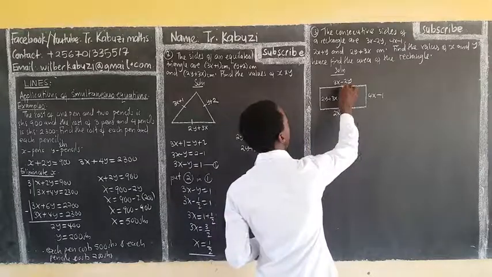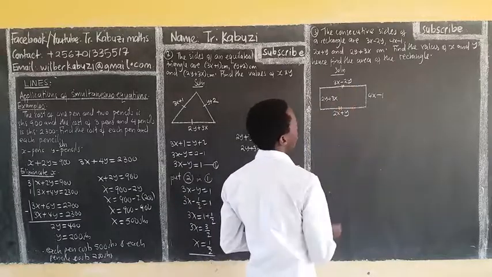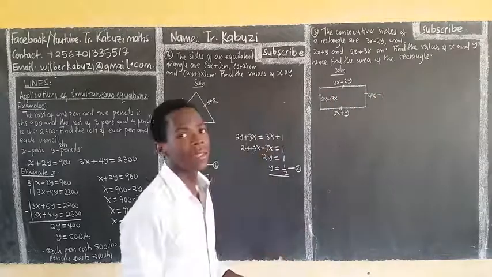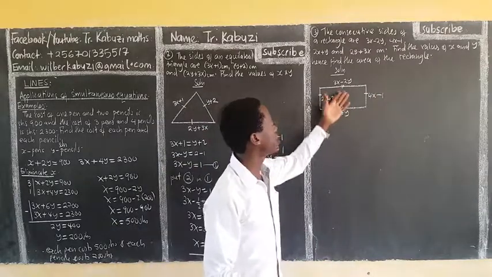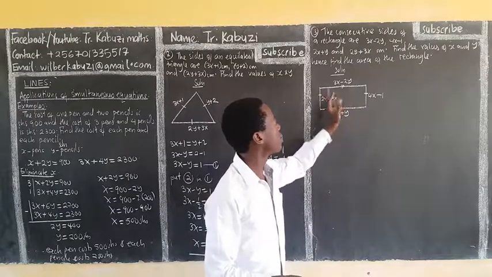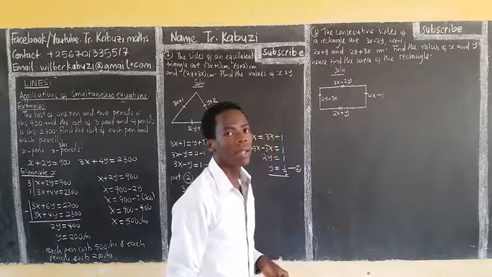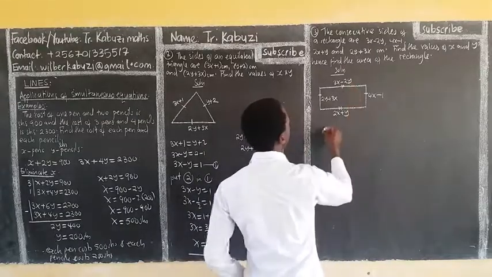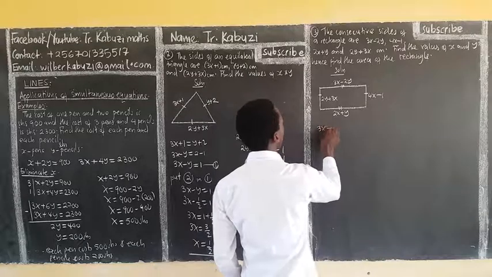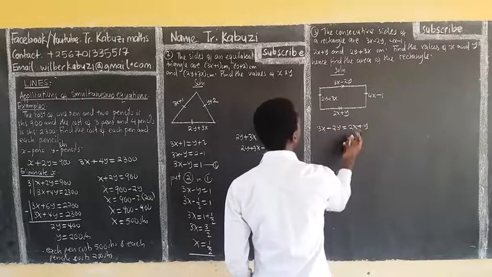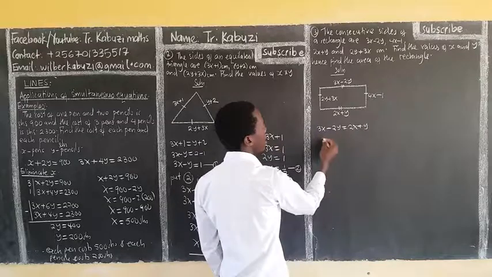But you know that opposite sides of a rectangle are equal, then this would be equal to that. Simple as that. So they are testing you. You know that opposite sides of a rectangle are equal. This is equal to this and this is equal to this. You equate them and you get those two simultaneous equations. So if I get this equal to this, 3x minus 2y is equal to 2x plus y. Take everything this side, you'll be adding now